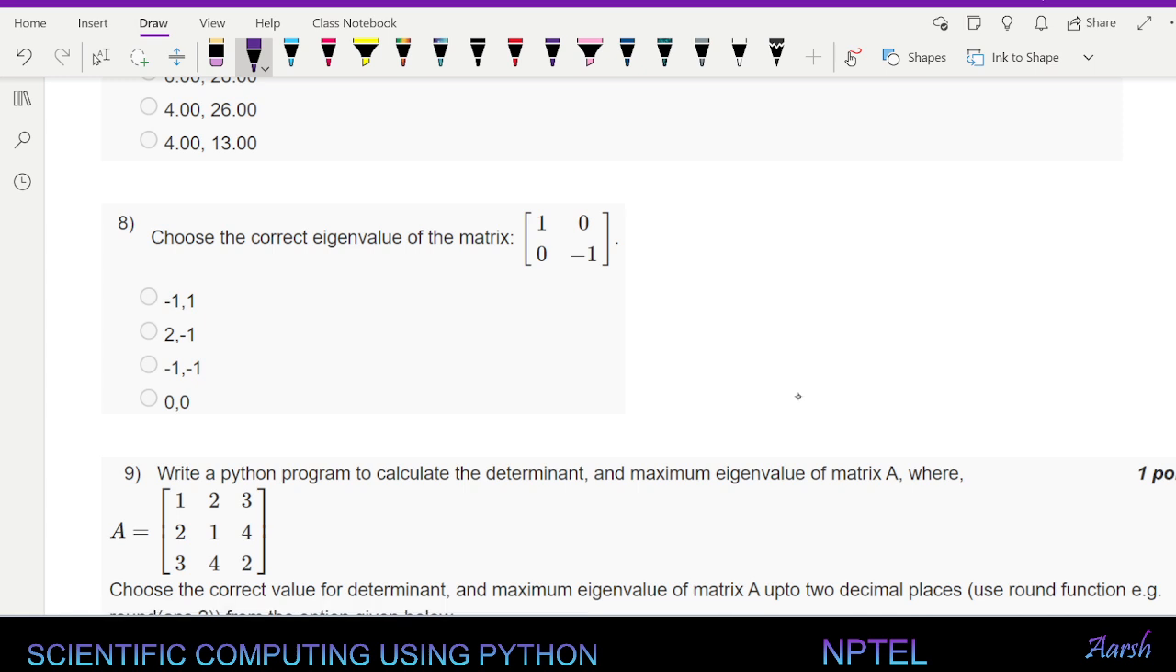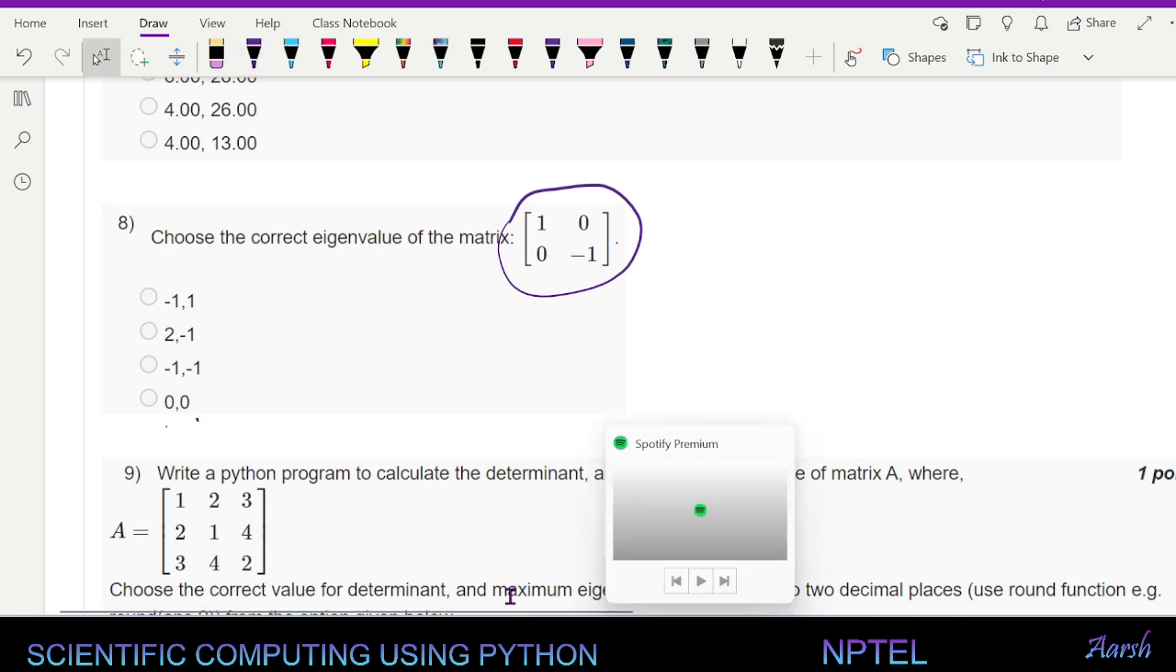Choose the correct eigenvalue of the matrix. So this, I think at least some of you can answer. This is a matrix and you don't really need to calculate this. If you stare at it, the eigenvalues should be clear. First option is minus 1, 1, second is 2, minus 1, third is minus 1, minus 1, and 0, 0. In the chat box,